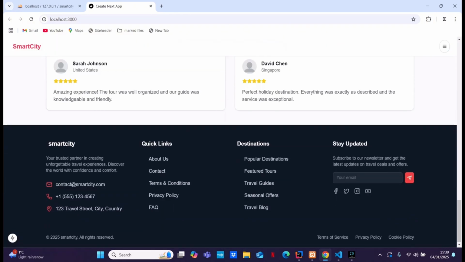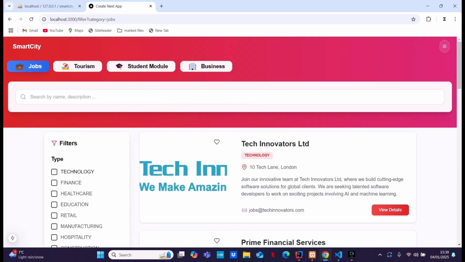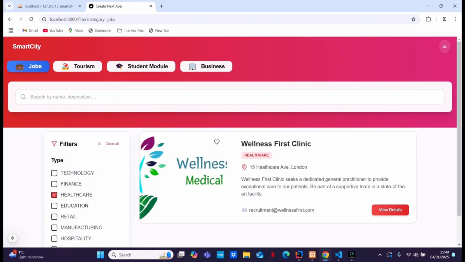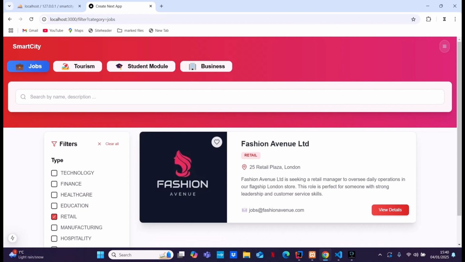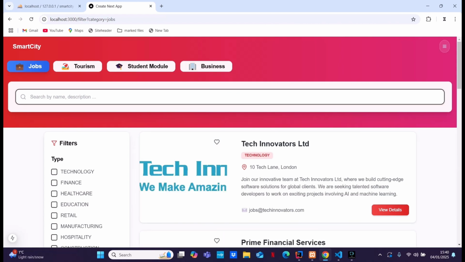Throughout the system, users or travelers can get the details about job, tourism, student and business related data. Additionally, I have added functions like apply for jobs and reserve the restaurants. If you go to the jobs, you can get into the job page. Here I have added the filter option, the healthcare, retail. The filter function is perfectly working, and also you can use the search function,